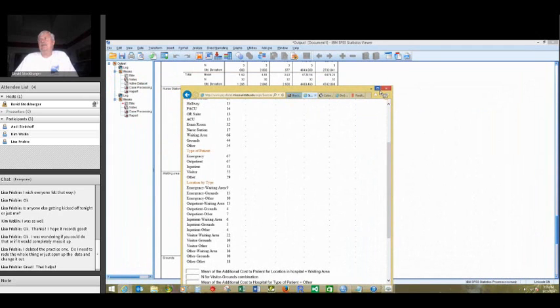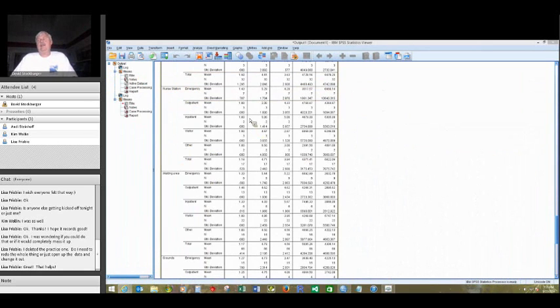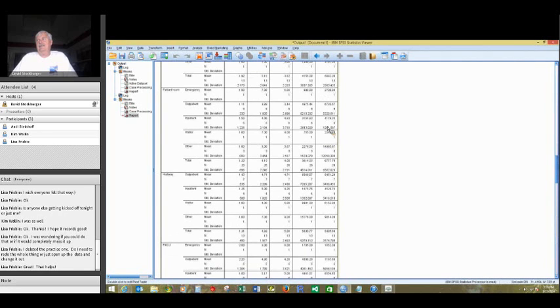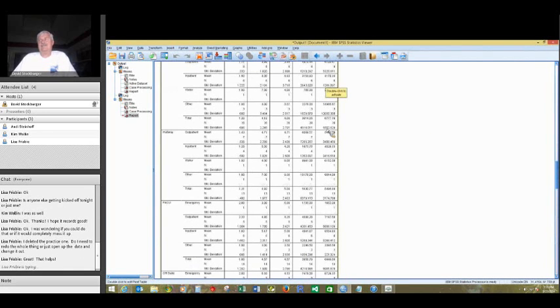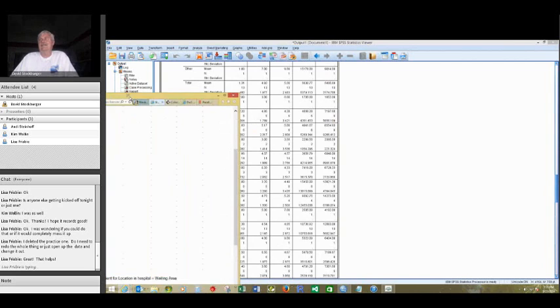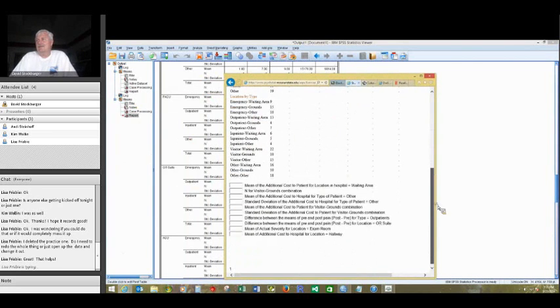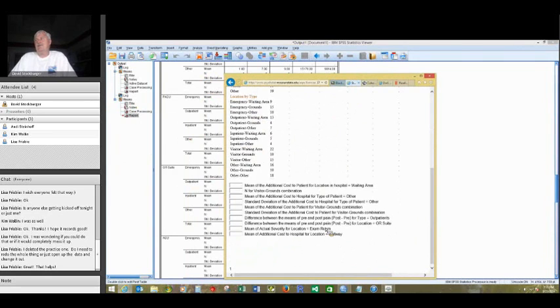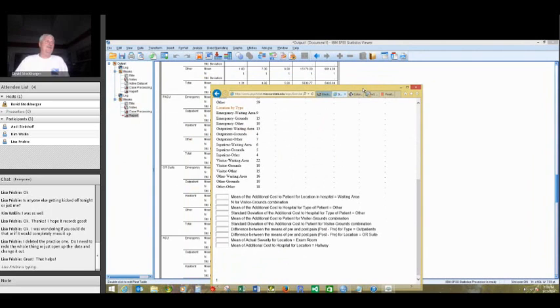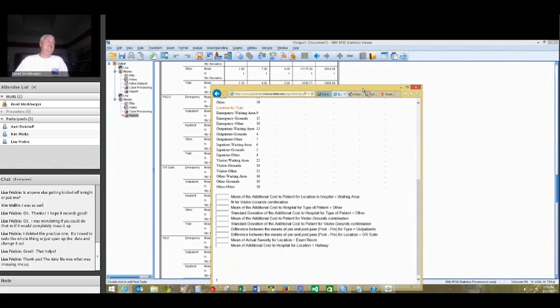So it's just a matter of, after I've done this, going in and looking at these tables and understanding what I have with these tables, and finding the right data to answer the questions on this. Questions. Mean of additional costs to the hospital for location hallway. After you get the data file created, and then you're going to need the same data later